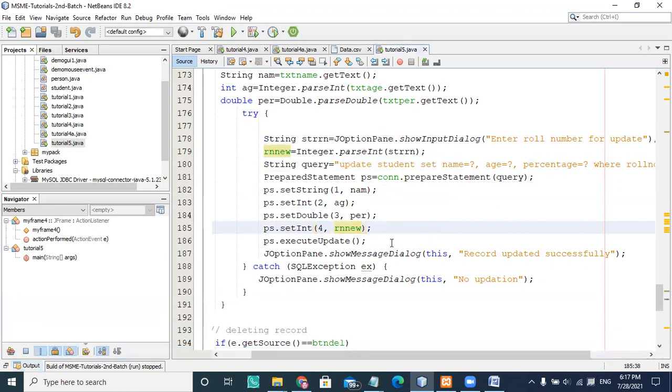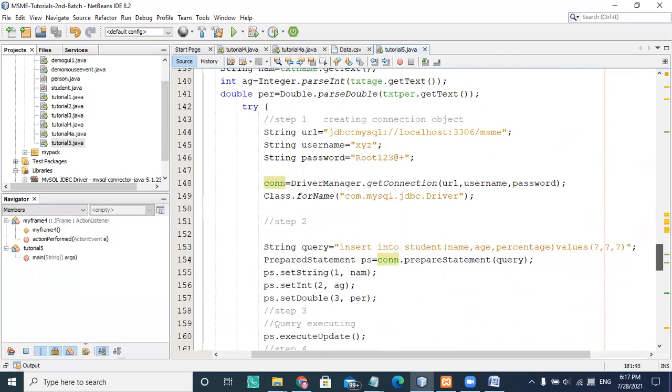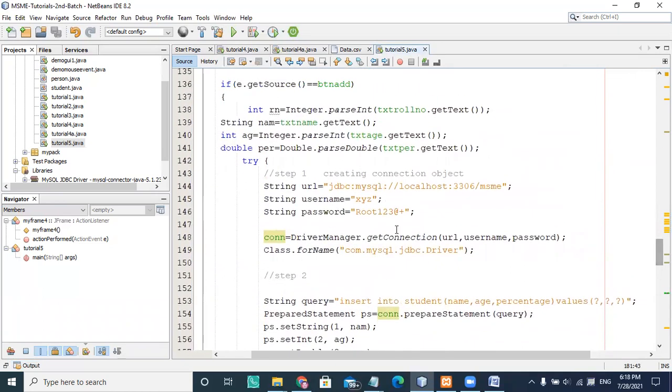Once you know how to update, the same thing you are going to do and replace update with delete, and there you are using a where clause. The connection object is there and connection initialization is taking place here.